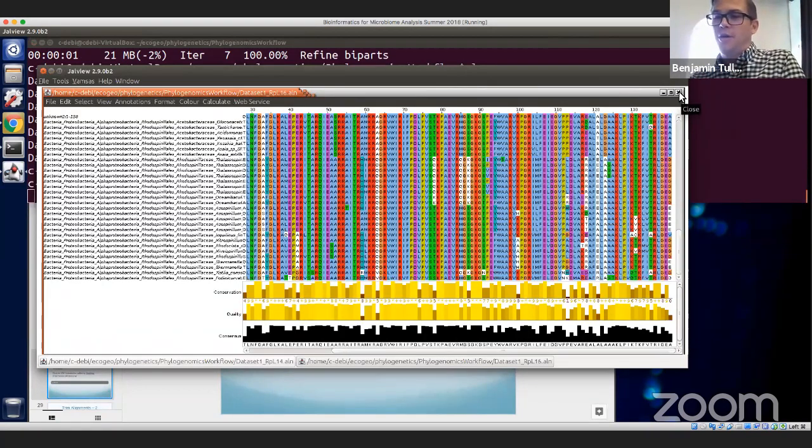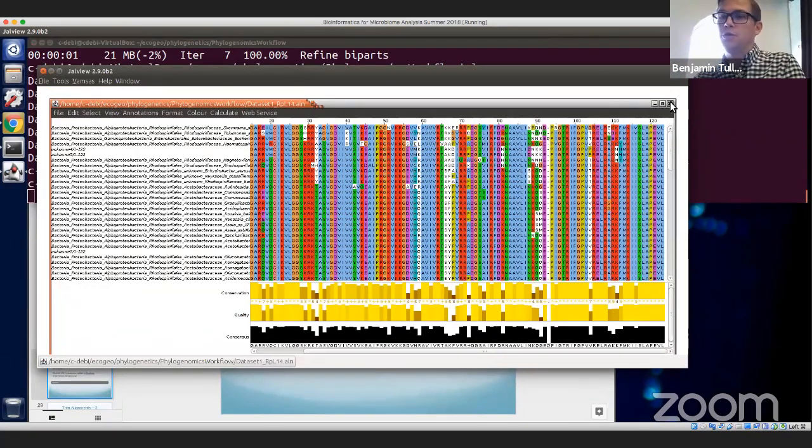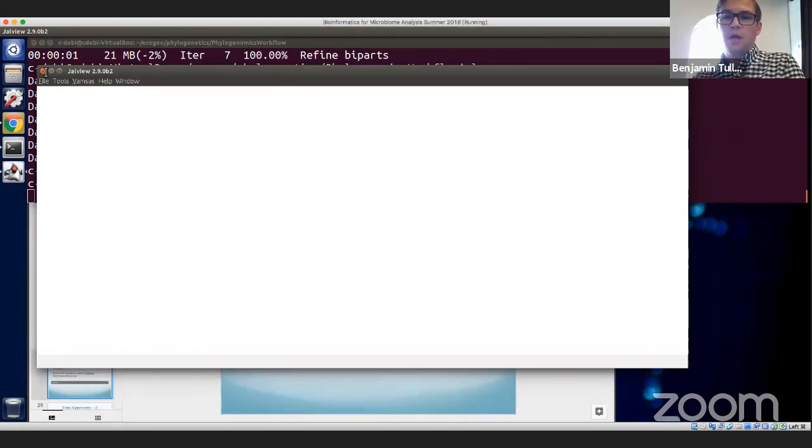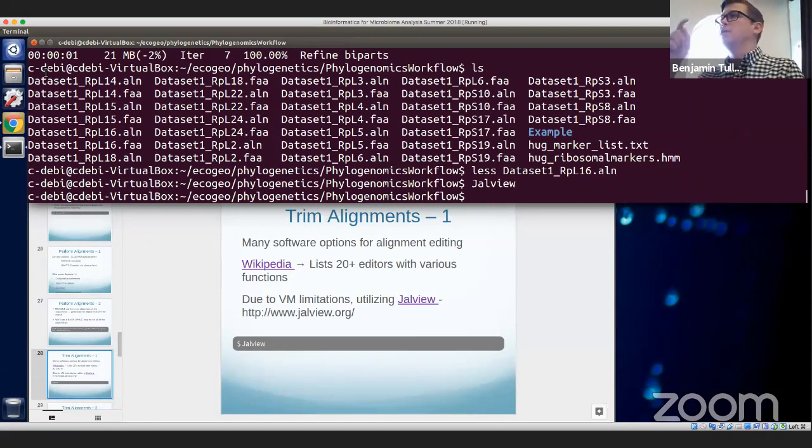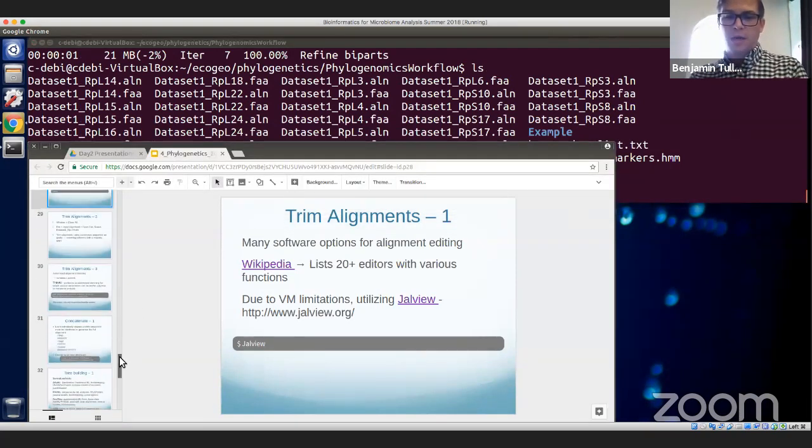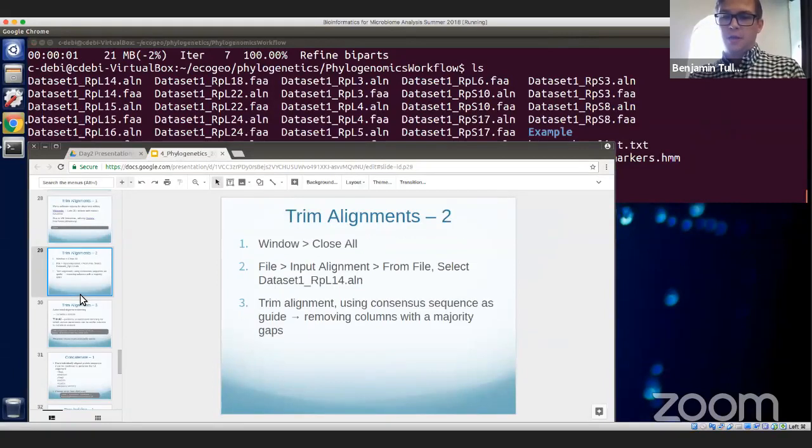Now that I've shown you what the alignments look like and how you can work with them and double-check them visually, what we're going to do is use a tool that automatically goes through and looks at alignments and makes a judgment call based on how many positions have information and how many don't, and does the trimming for us. This is a program that I think works really well for this. It's a very